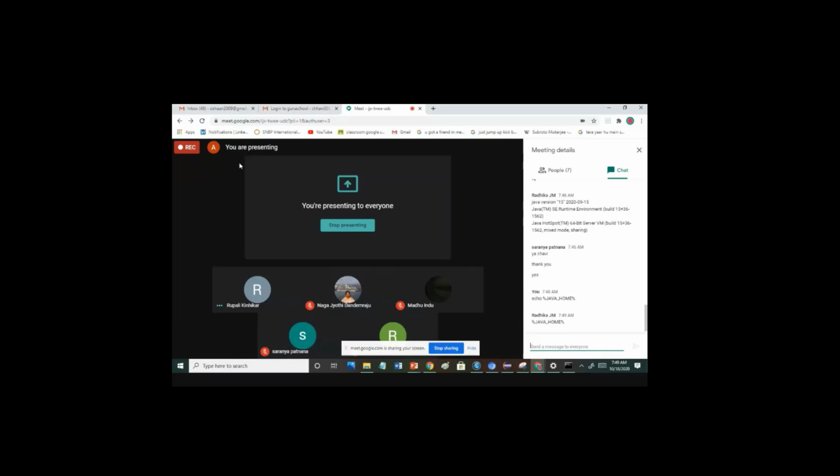So your environment variable is set in this folder. Also make sure that your environment variable is properly set. So are you able to see this path when you type echo percentage JAVA_HOME percentage? Yes, for me. Okay, great.